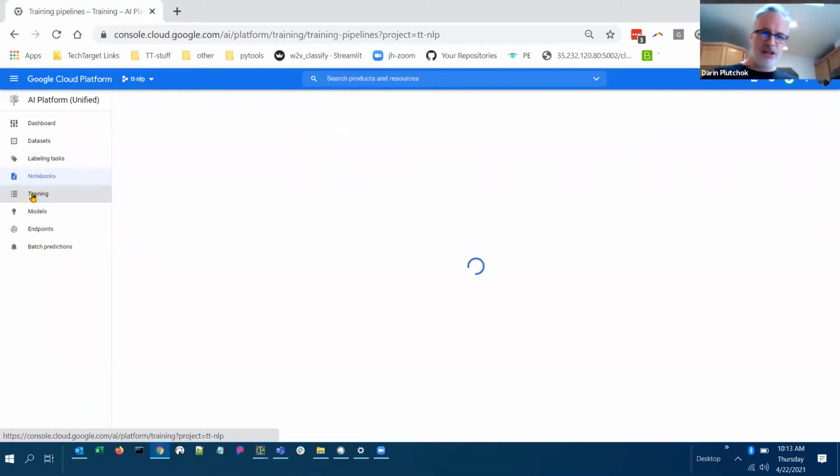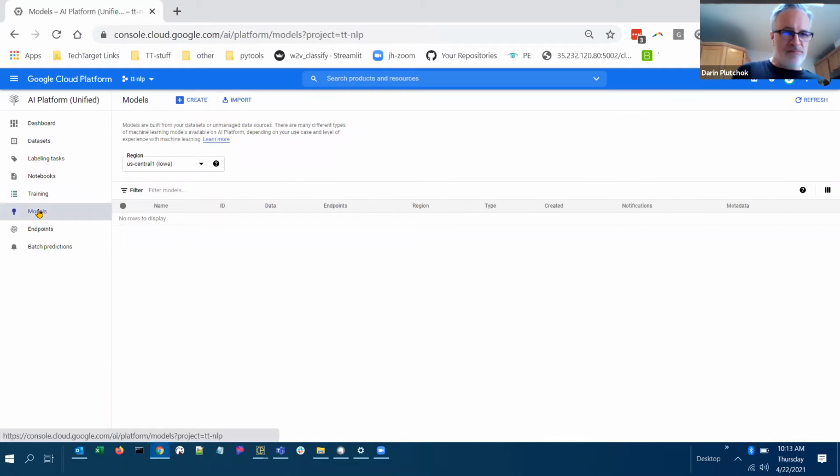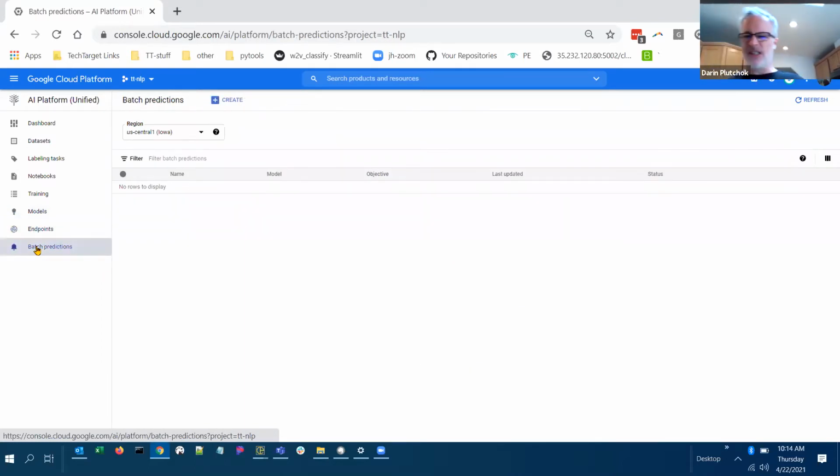Let's go to it at least. I haven't used this, but this is sort of their no-code, democratizing machine learning for everybody tool, right? This is like their beginning of that. And so here's your training, and you could have a training pipeline and custom jobs, and you can do hyperparameter tuning. And then there's models. So I guess when your models are done, they get stored here. And then you have your endpoint. Of course, an endpoint is where you serve your model and you can query on your model. And then I guess batch prediction, you run stuff on your model. So you can just see it's all steps in the machine learning process. Very nice, they're trying to turn it into a GUI.